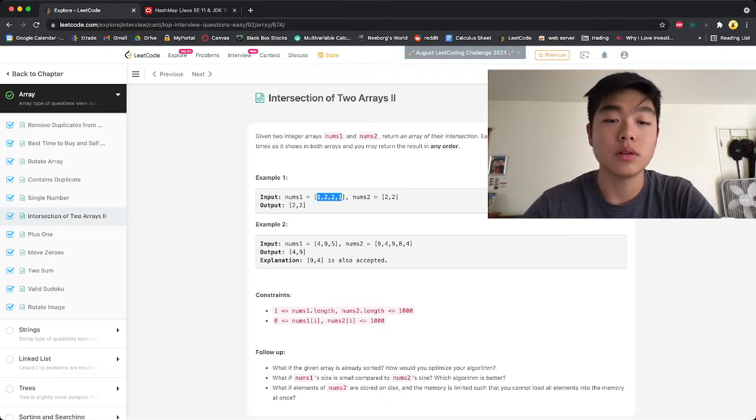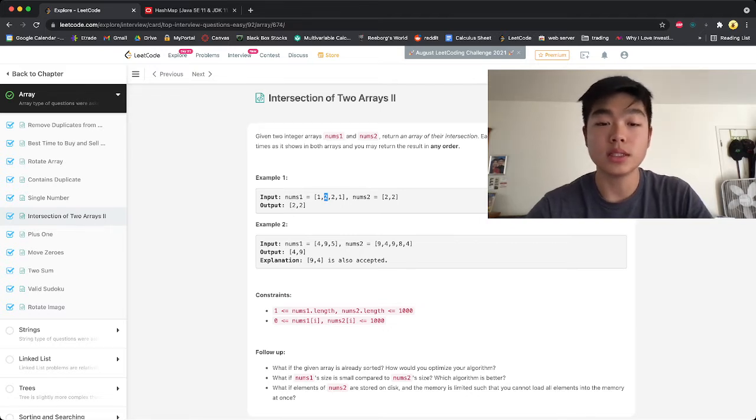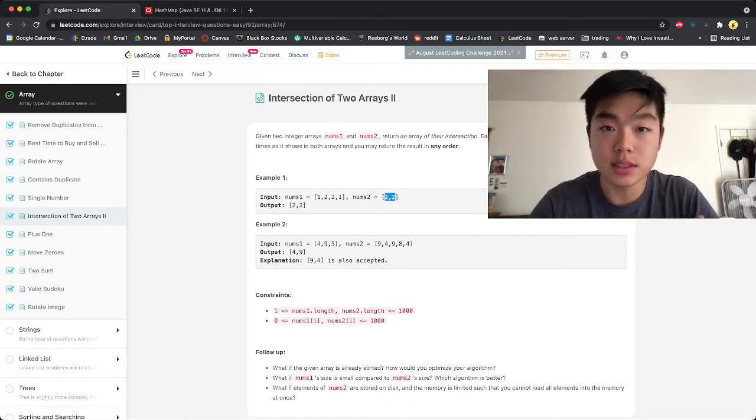So it's not only just 2 that is the output, because it appears twice. We have to count how many times it appears in both arrays. So that's why the output is 2, 2 here, because they share 2, 2. And now the first step to this solution